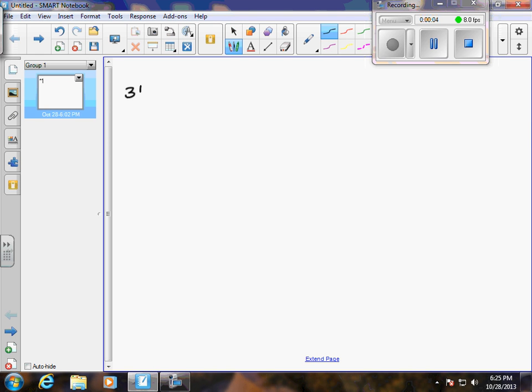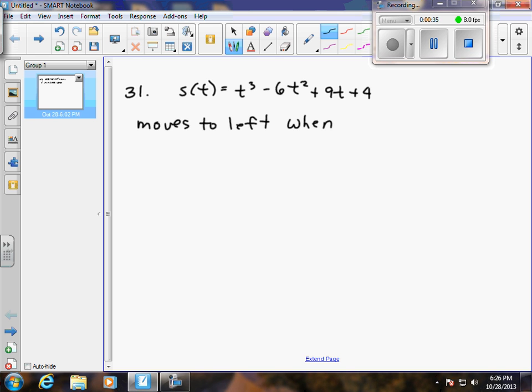Number 31. A particle moves on the coordinate line with position s of t equals t cubed minus 6t squared plus 9t plus 4. And we're trying to determine the time interval when the particle moves to the left. It moves to the left when the velocity is negative,